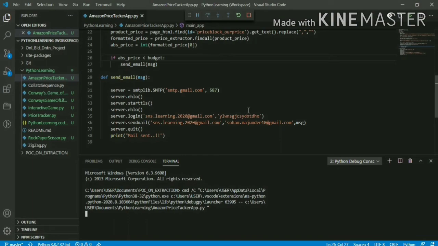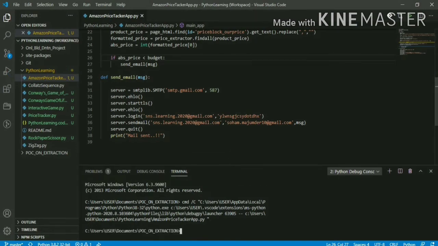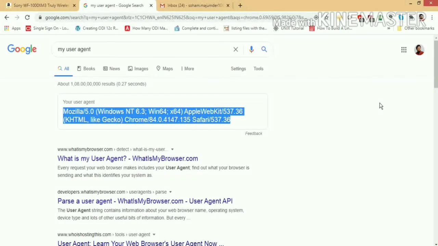Okay, it's running. It's taking a long time. Yeah, so it has run, but I don't think any mail is